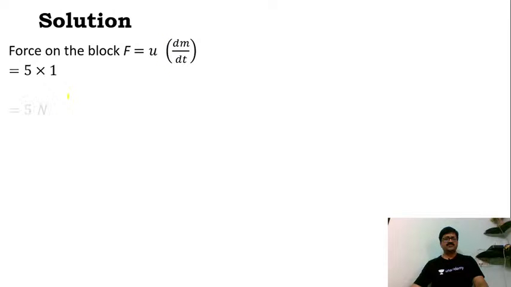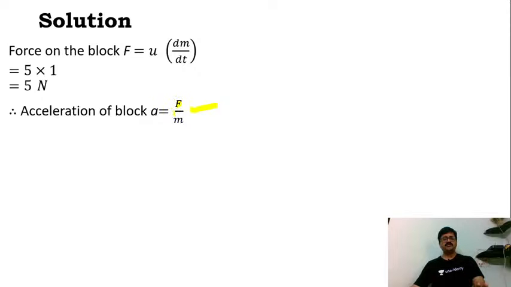Thus I'll get the force as 5 Newton. Thus by using this force we'll calculate acceleration. Now acceleration is equal to force divided by mass. So accordingly, force is how much? 5 Newton. We have calculated what is the value of mass? 2 kg. So hence 5 by 2, right? So thus it should be 2.5 meter per second square. This is the acceleration and this is the required answer, my dear friends.